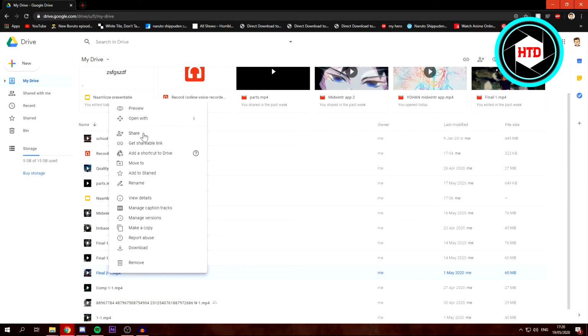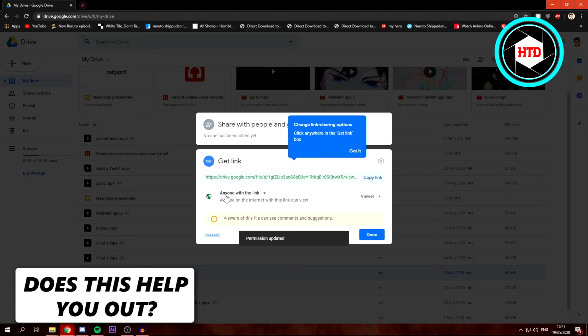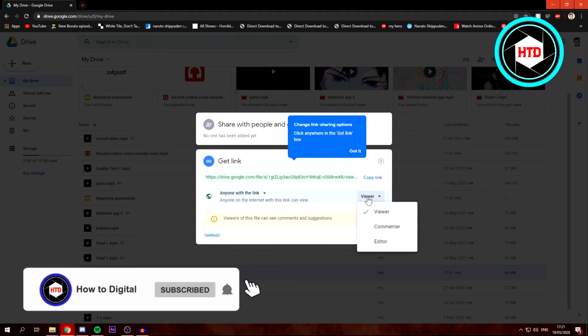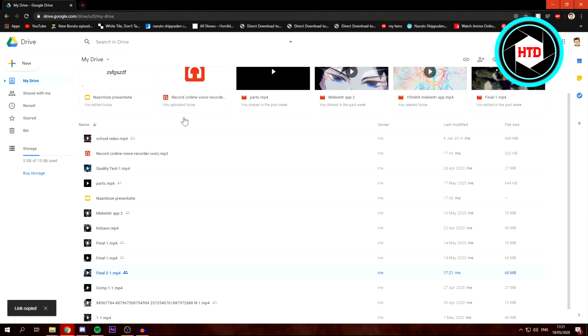Just click on share, and right here it says restricted, only people added can open with this link, but just click on change to anyone with the link, and right here it says anyone with the link, and then viewer. You can also change it to commenter or editor, but I suggest just keeping it on viewer, and then copy the link and click on done, and send it via email or WhatsApp or whatever you want, but